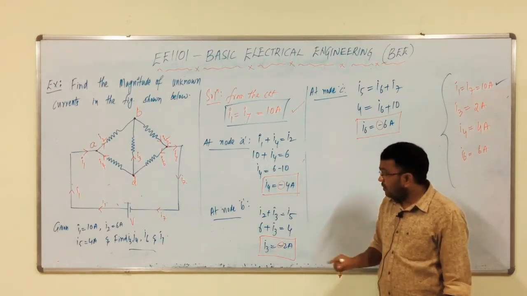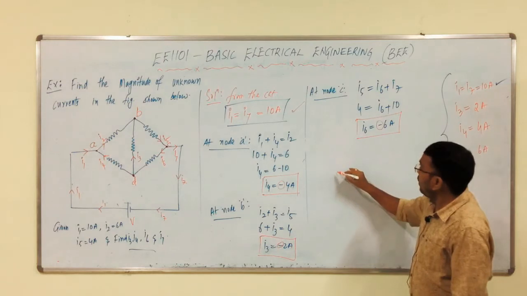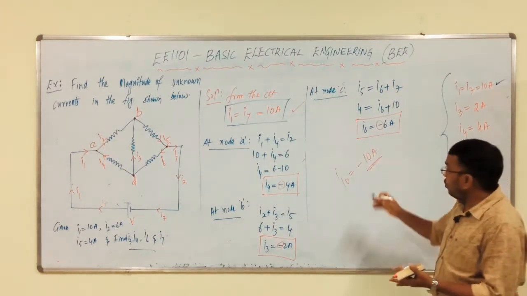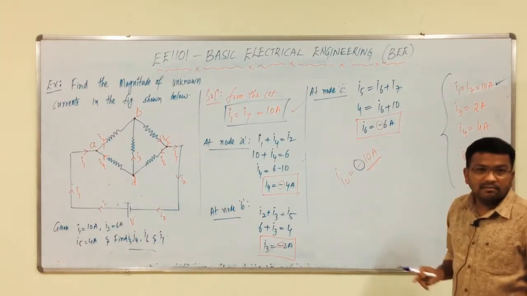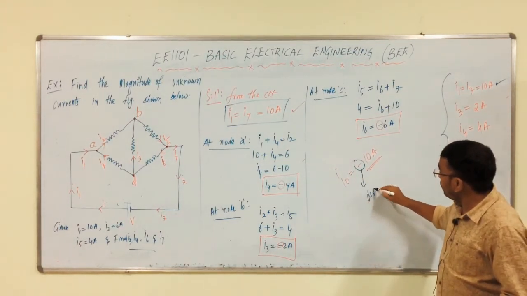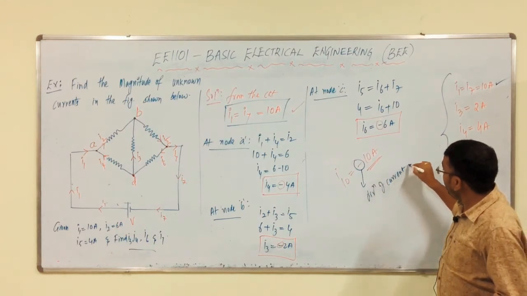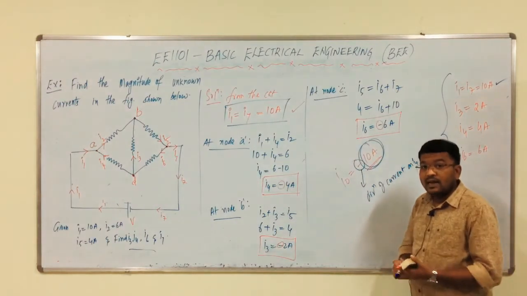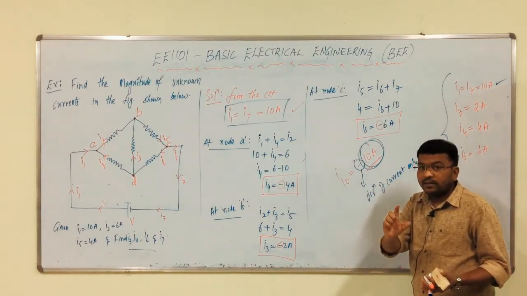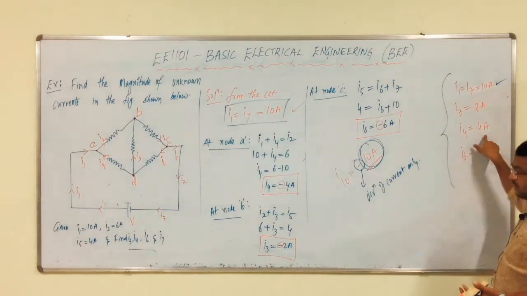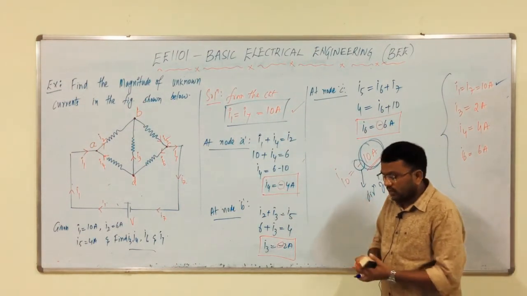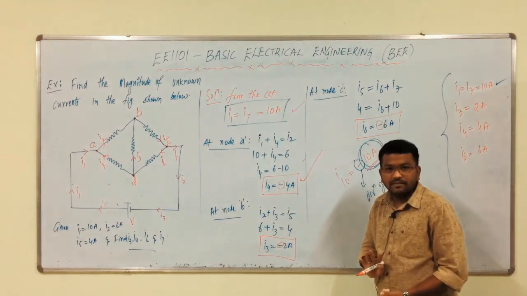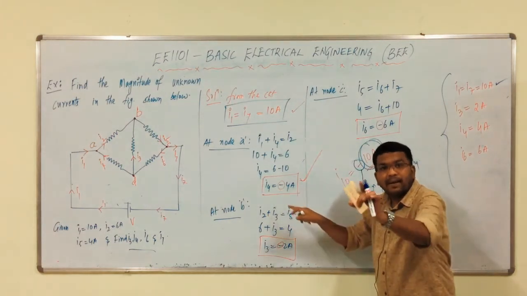In your exam, for example, if you got a negative value of current, for example, I10 equals minus 10 amps, do not bother about this sign, it represents the direction of current only. You have to cross check the magnitude. Can I get the same value of magnitude? Previously I4 is 4 amps only, here I4 is minus 4, no problem, this is absolutely correct. This represents that the direction is reversed, that is the meaning. It represents only the direction of that particular current.